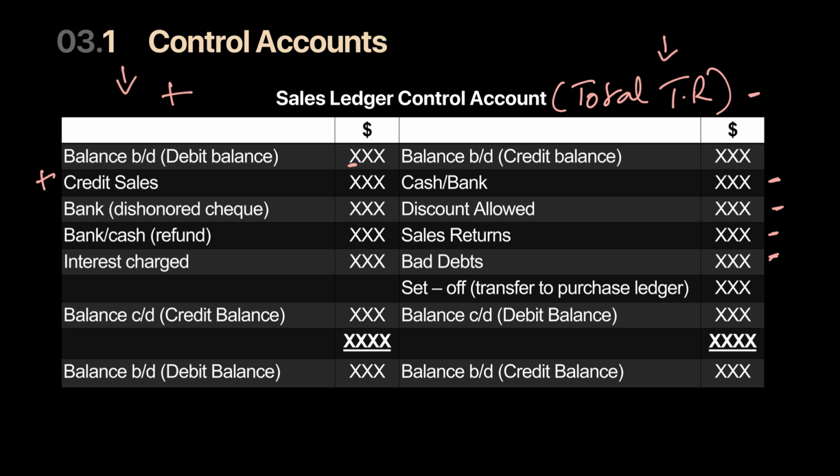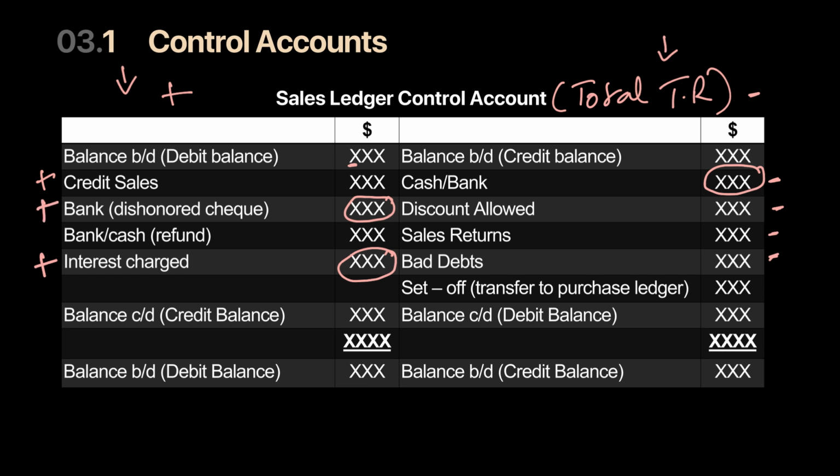Now let's say a cheque has been dishonored or has bounced back. If a cheque comes over here and it has bounced back, we should again ask our trade receivable to pay us, which means that my outstanding goes up. So a dishonored cheque should come on the debit side. It increases my outstanding. Similarly, if I charge any interest, then trade receivables have to pay me more. Why should I charge interest? I would do that in case my customers do not pay on time. So a firm would charge them interest, and because of that, they will have to pay you more.